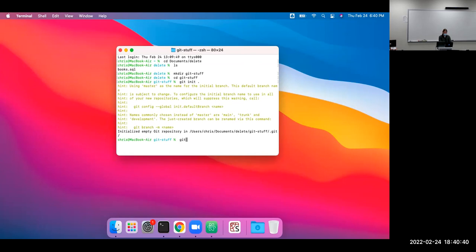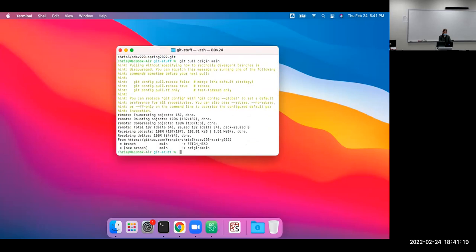And now git remote add origin of github.com, a repository called SDEV20-spring2022.git. Now I can do git pull origin main.